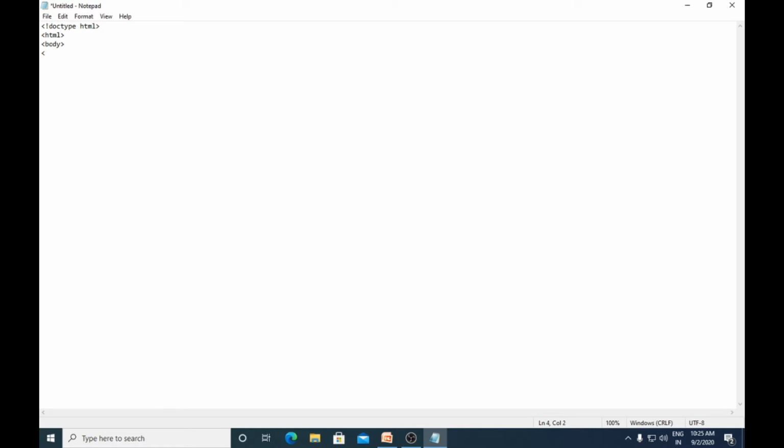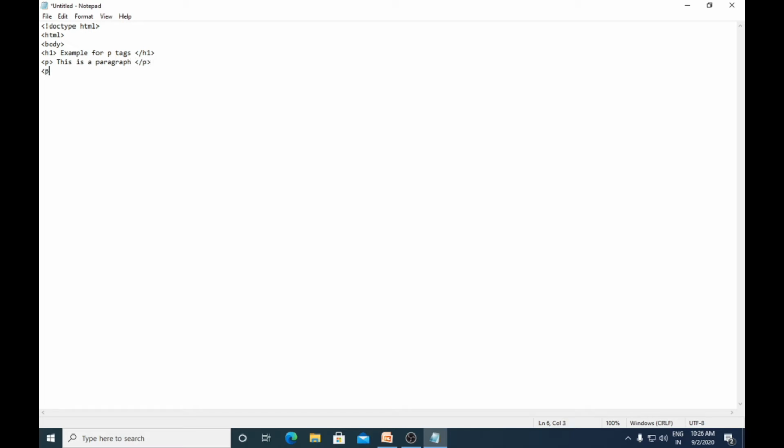Then we'll make use of some headings. Write down "Example for p tags". Close the heading, then you'll use the p element and write some content: "This is a paragraph", then slash p.